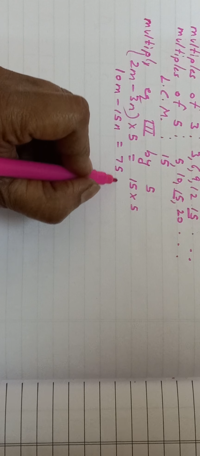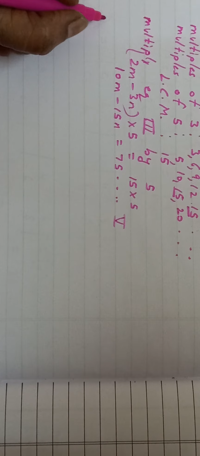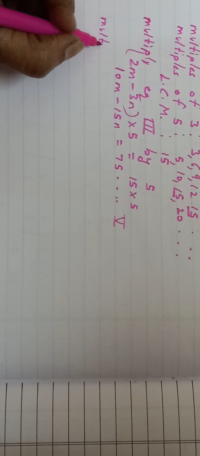That will be 10m minus 15n is equal to 75. This will be our fifth equation. Then multiply